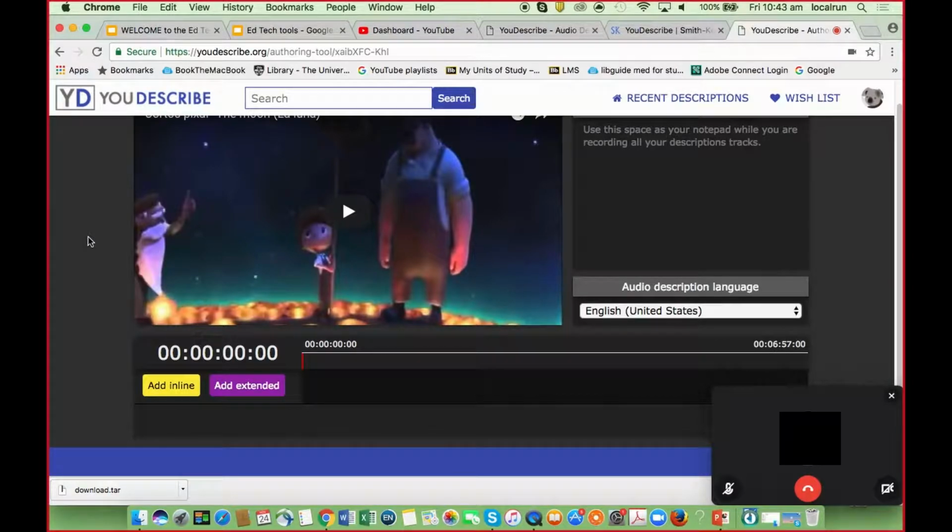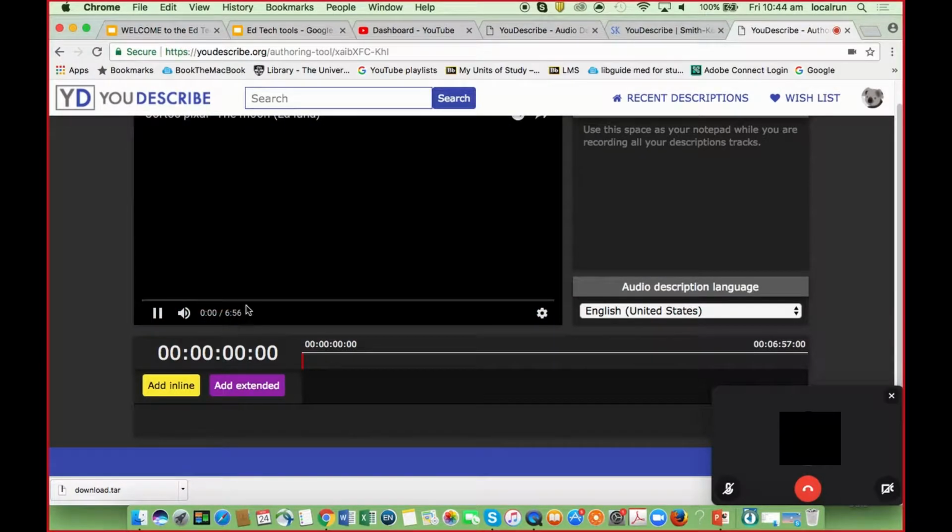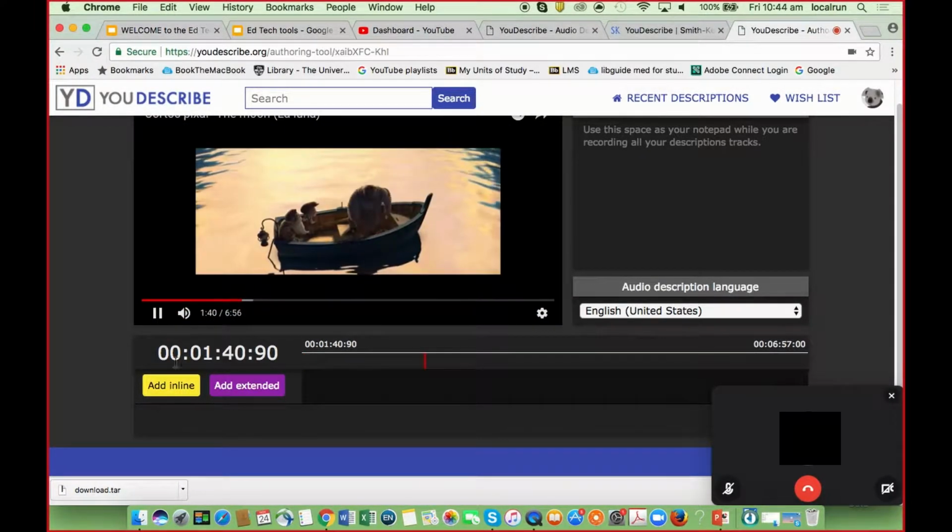So if there's a scene with music with some scenery on it, you can describe what that is. Or if it's in the middle of the track, and you're going to be talking over the track, you can actually pause the track, and then it'll go through your description, and then restart the video after you're done. There's two options you can record with. So if I wanted to add an inline description to part of it,